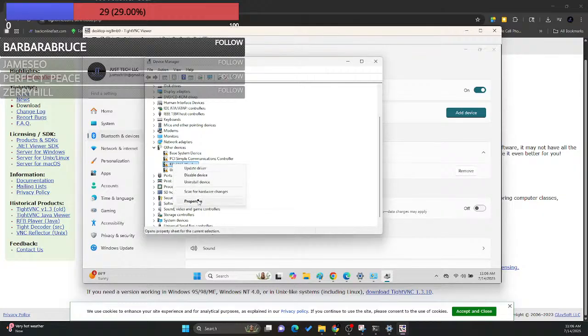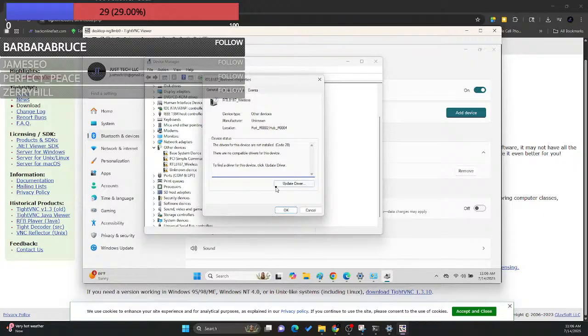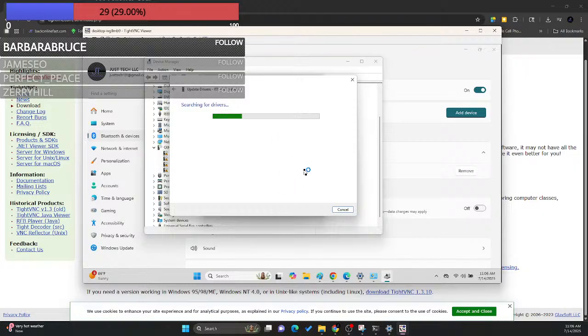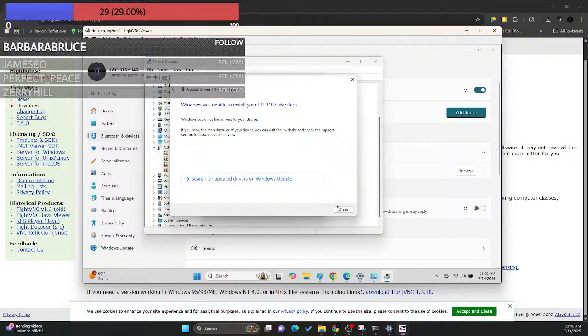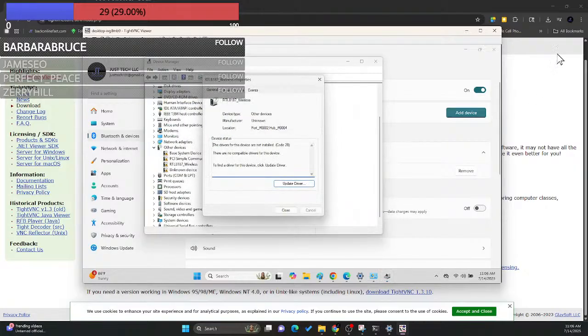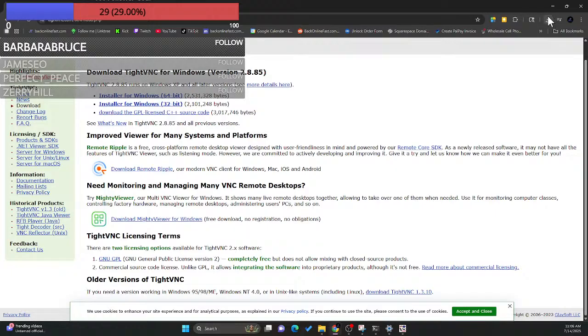Since this is not Windows 7, I'm gonna do this a little bit differently. I'm gonna start with an update on the driver itself from within, and if that doesn't work, I'm downloading. So that didn't work, which is okay. That's okay, because I downloaded the